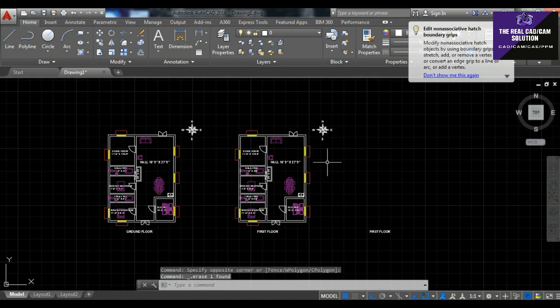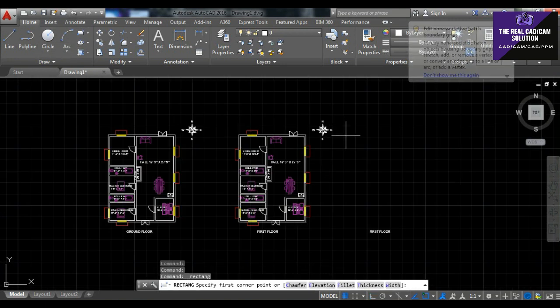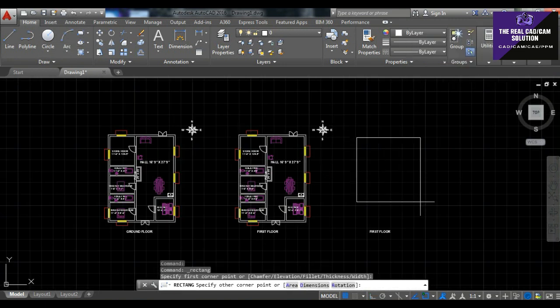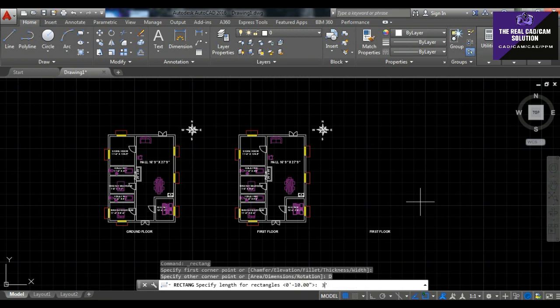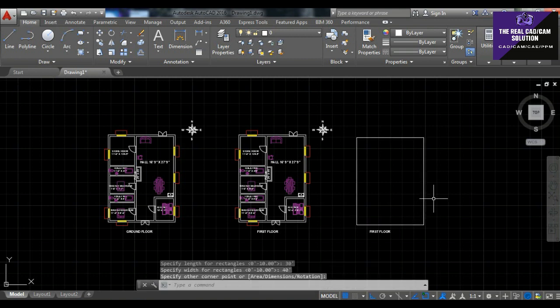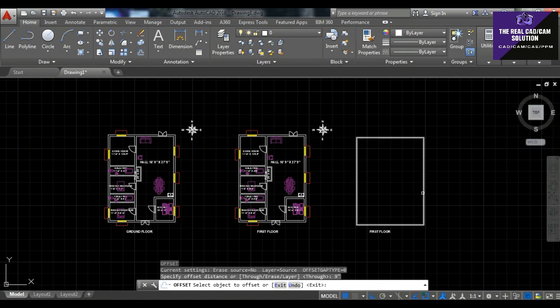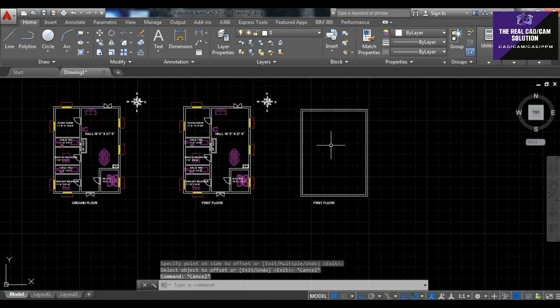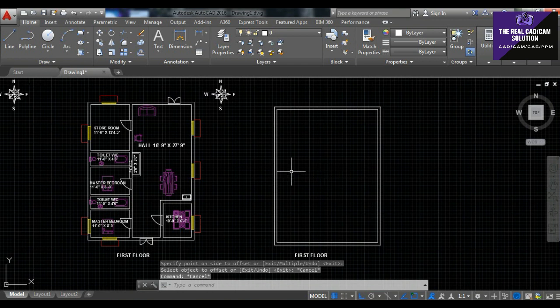Go to the settings. I think it's 30 cross 40. I just choose the rectangle and draw to the dimension. It's 30 feet cross 40 feet. Okay, I just offset to the 9-inch thickness of my rooftop parapet wall. So take like this, and here I come to some area.